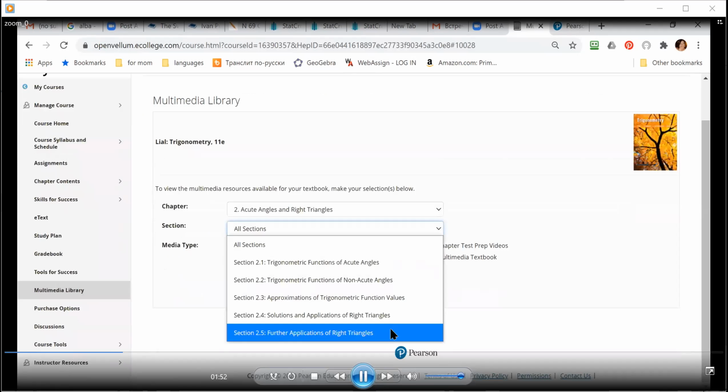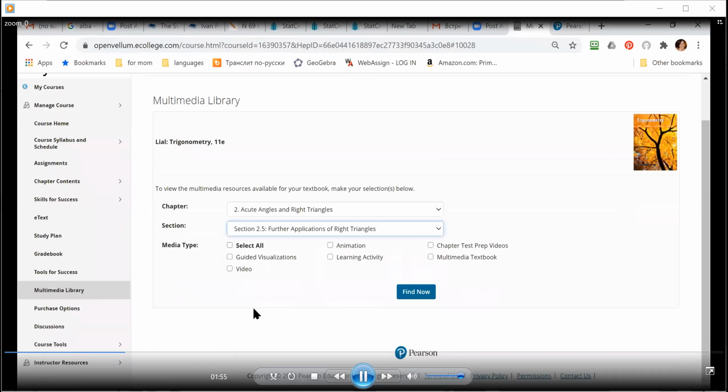So you select chapter 2 and section 5 from the drop-down menus, and then you can select any learning tool that you prefer. You could select guided visualizations, a video lecture for that section, for example, or animation, learning activity,